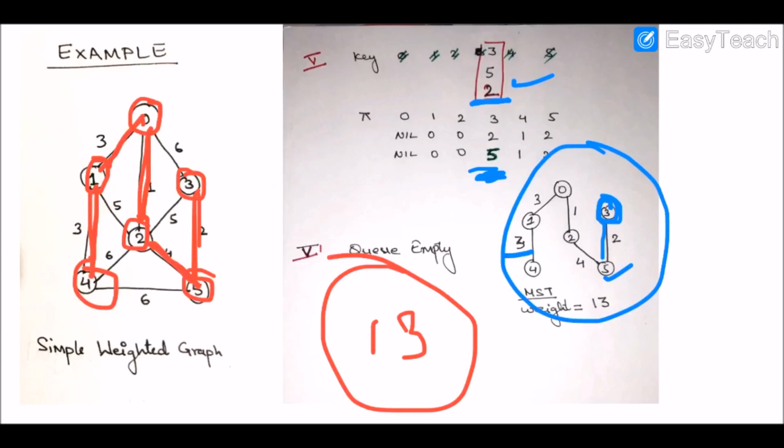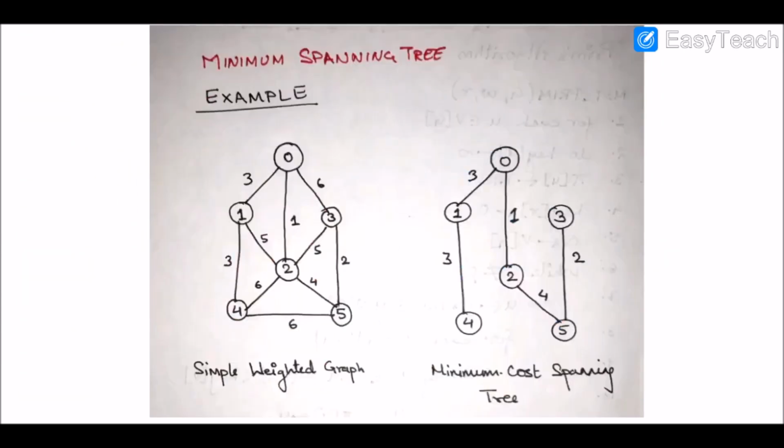So this is the question that comes in your end semester examinations and your entrance examinations also, right? So this was the graph that was given, and this is the spanning tree that has been constructed out of this given graph, right? Following the different steps, in your end semester exams you will have to show the steps. So these are the steps that you will be required to represent in your answer sheets, but in your competitive examinations you can draw it directly also, and we'll discuss that method also, how to draw the spanning tree directly from the given graph, right?